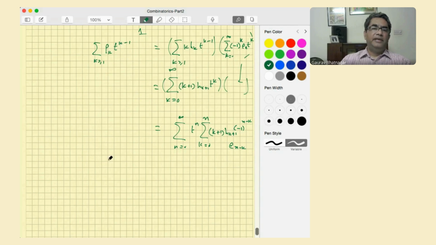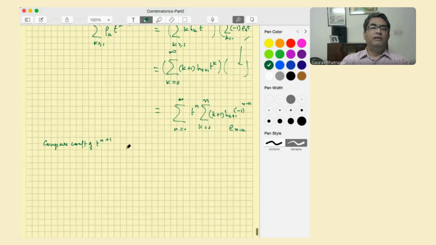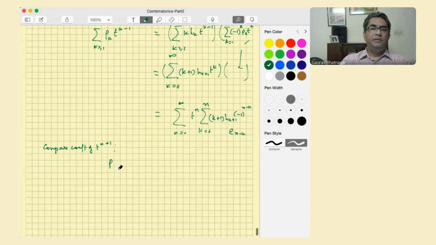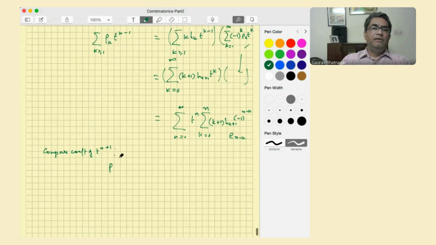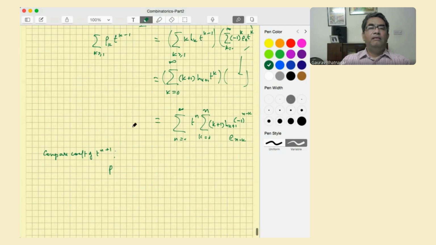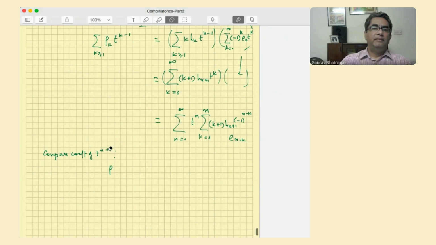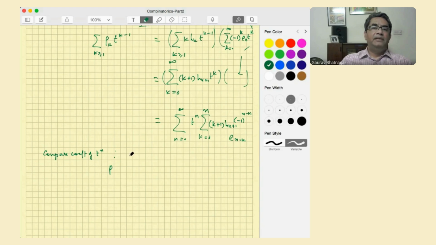well, we can do n plus 1 here. So we'll compare coefficients of t raised power n plus 1 on both sides. So you get en, or n, again, n minus 1. So you get en here, and here you get k going from 0 to n minus 1,